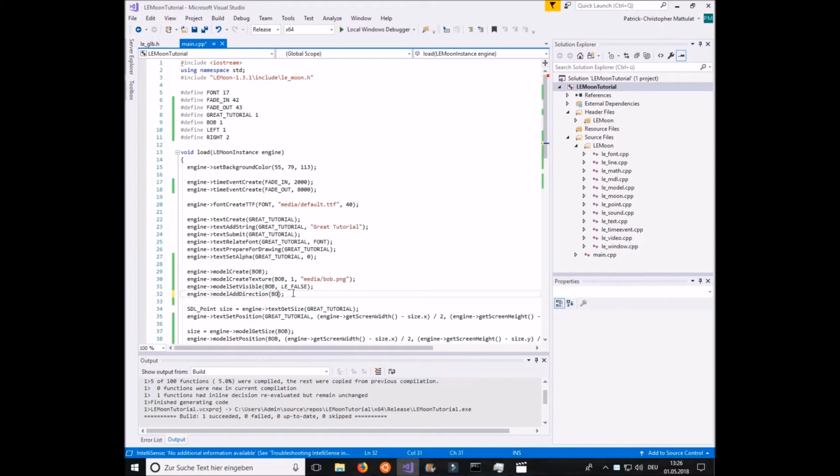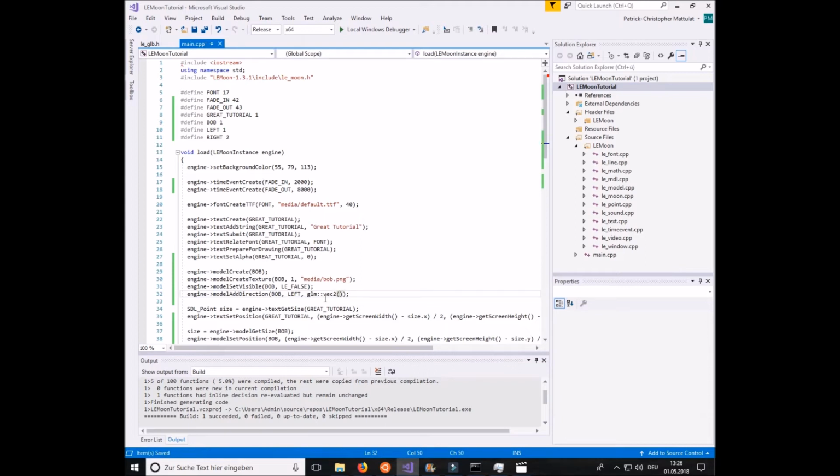So let's pass Bob again, and then let's start with the left direction, and again this ID must be unique to directions for a specific model, and the last parameter will be a vector, a 2D vector,